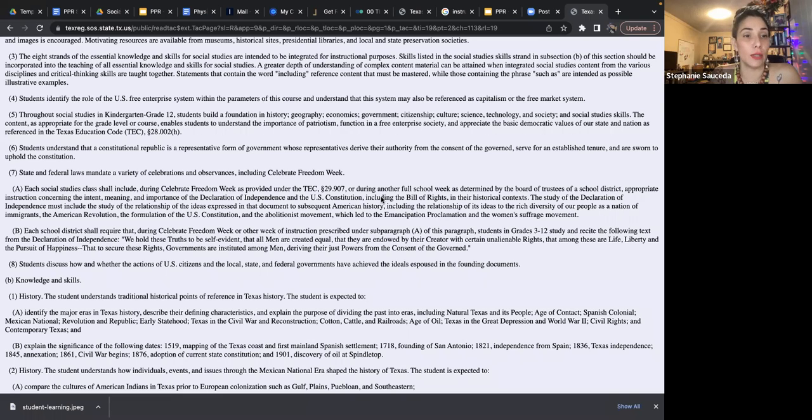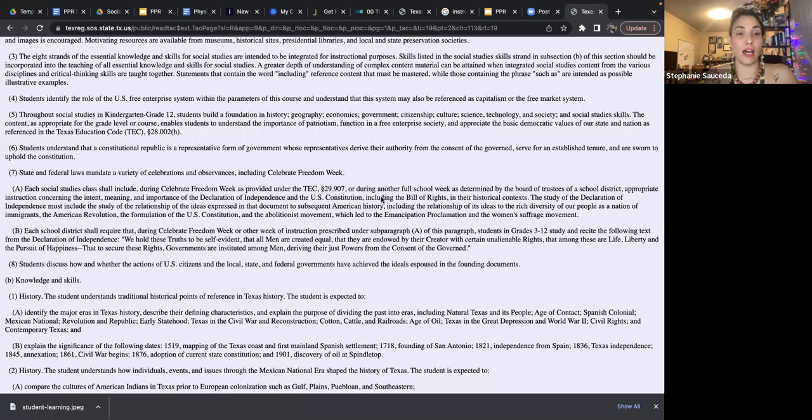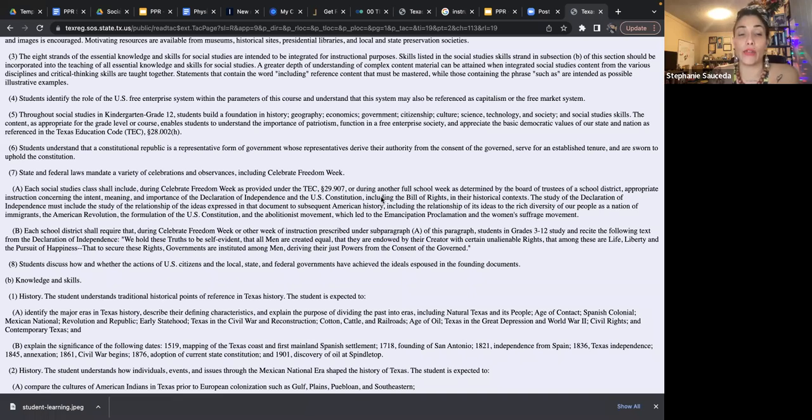The study of the Declaration of Independence must include the study of the relationship of the ideas expressed in the document to the subsequent American history, including the relationship of its ideas to the rich diversity of our people as a nation of immigrants. Take that, suckers. The American Revolution, the formulation of the United States Constitution, the abolitionist movement, which led to the Emancipation Proclamation, and the women's suffrage movement. Yeah, each school district shall require that during